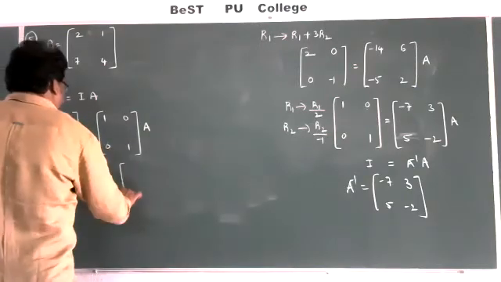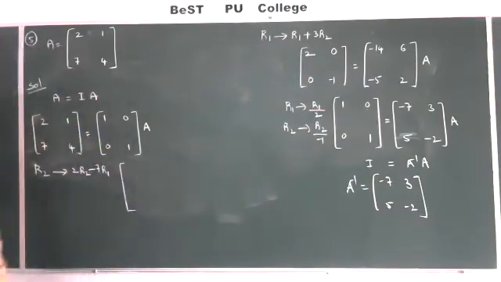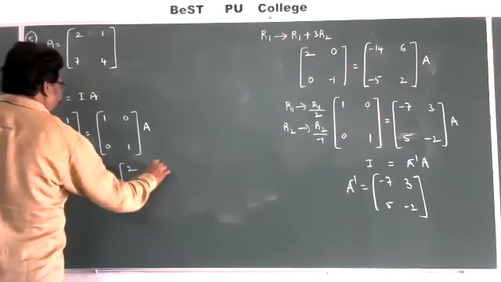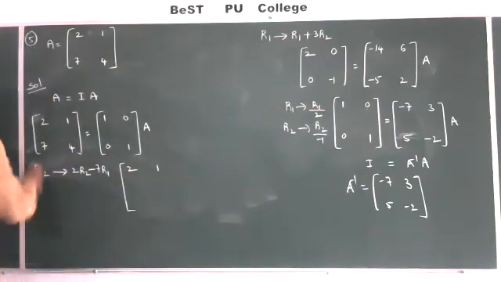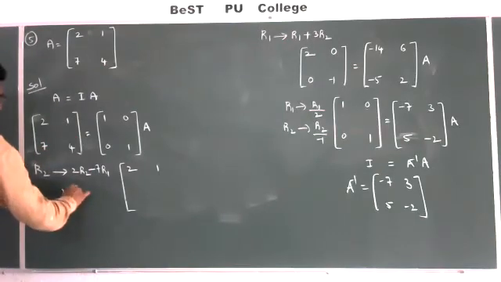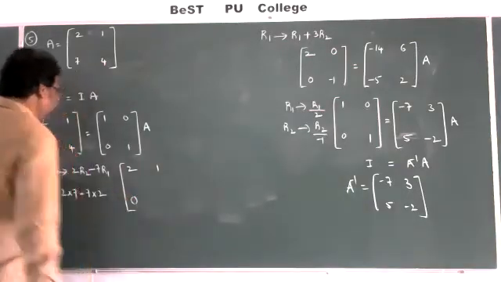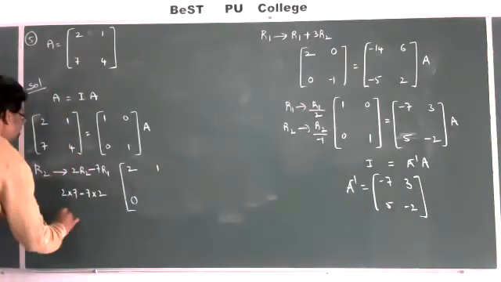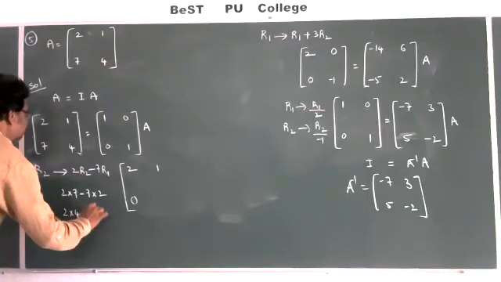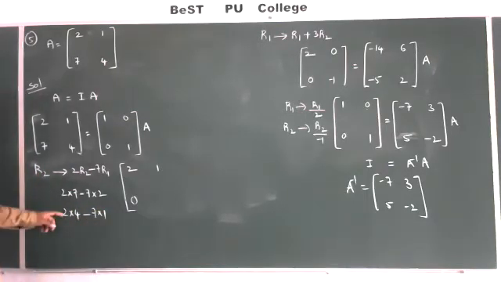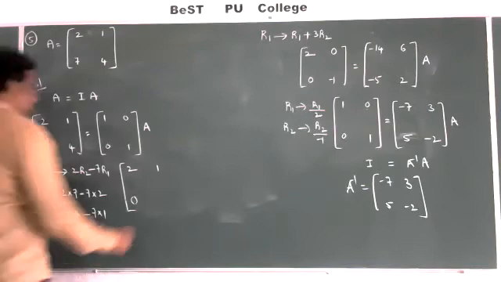That is the matrix. Apply the operation. R1 is the same, you write 2, 1, no change. In R2, 2 into 7 minus 7 into 2, 14 minus 14, then you get 0. Here, 2 into 4 minus 7 into 1. So 2 4s 8 minus 7, that is 1,